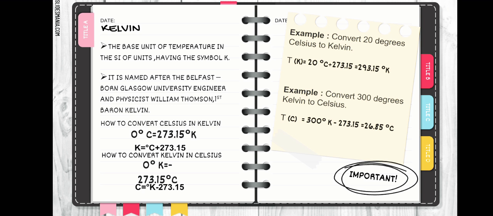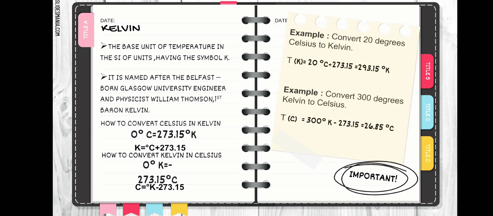First, let's talk about the equivalent value of 0 degrees Celsius in Kelvin. 0 degrees Celsius is equivalent to 273.15 Kelvin. So in solving for Kelvin, you just need to add the given degrees Celsius and its equivalent, which is